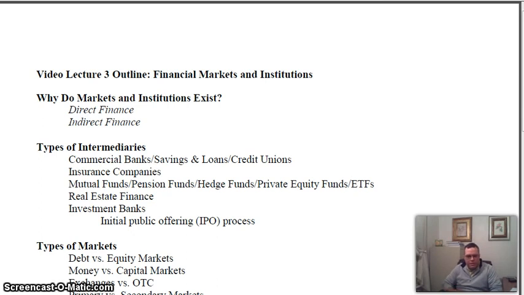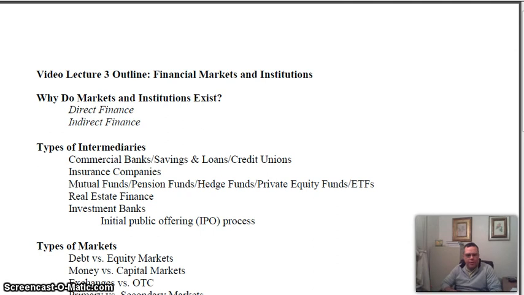There are legal differences between a mutual fund and a hedge fund, and they're pretty big. A hedge fund is not regulated very much at all by the SEC, whereas a mutual fund is very heavily regulated. Hedge funds are only available to what are called sophisticated investors, people who have a fair amount of wealth and make a fair amount each year. They're considered to not need the protection of the government, whereas mutual funds are for anybody, but they have the protection of the government watching the mutual funds.